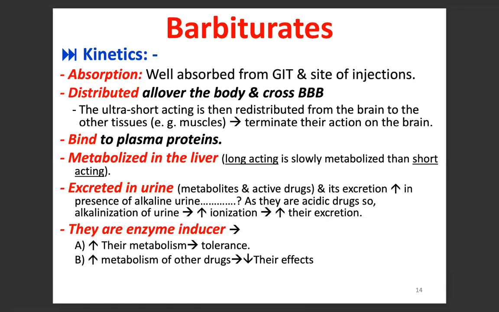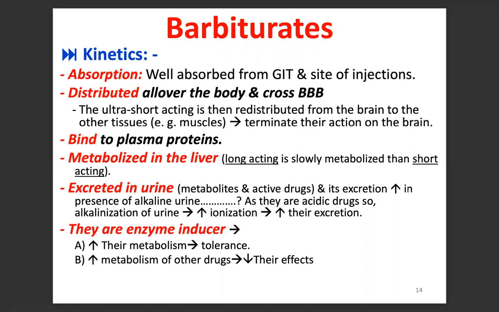So for removal of the acidic drug from the body, we have to make the urine alkaline, and this alkalization of the urine increases the ionization of the acidic drug, and this ionization leads to increased excretion from the body. So that is the management of acute barbiturate toxicity. And the barbiturates are enzyme inducers,